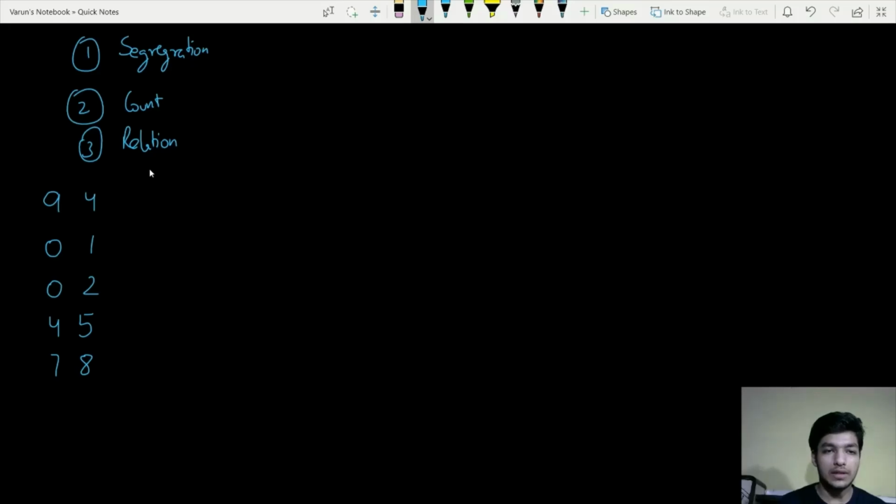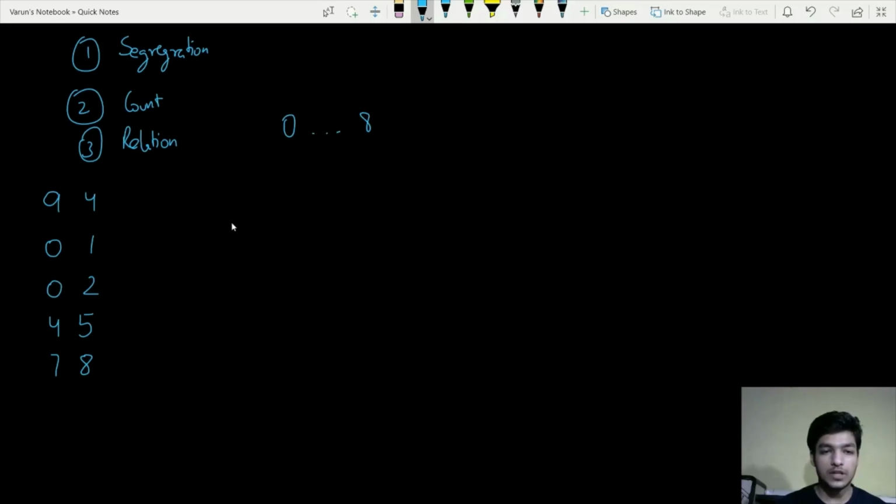The first step, segregation, we can implement using a graph, and we make connections between every pair of astronauts given. Here n is 9, so astronauts with IDs 0 to 8 are present, and there are 4 pairs.